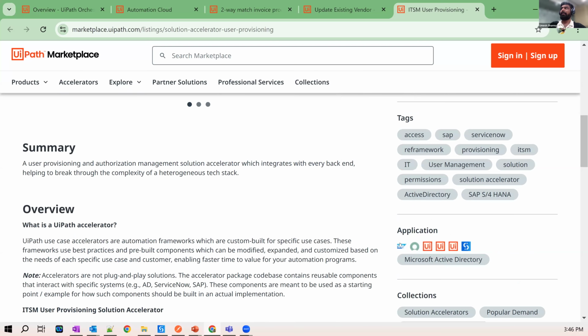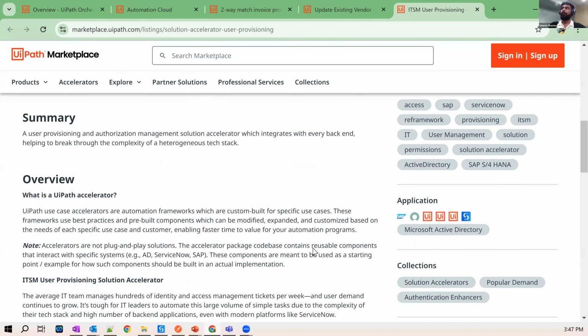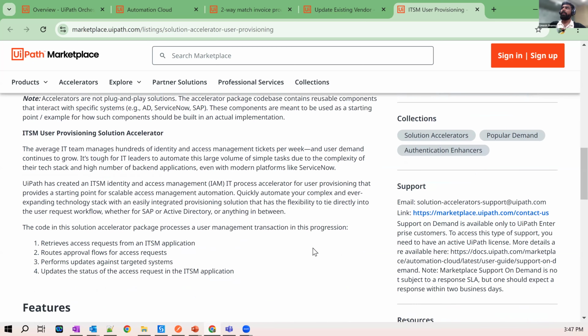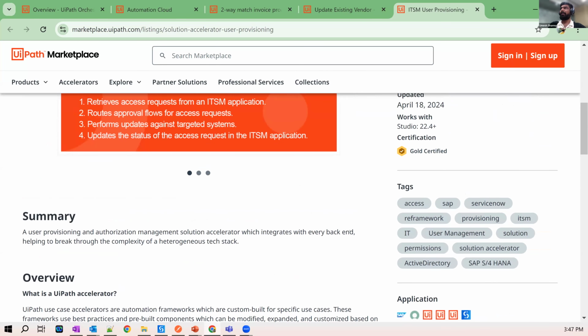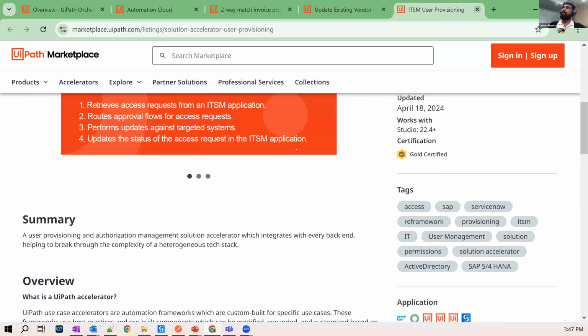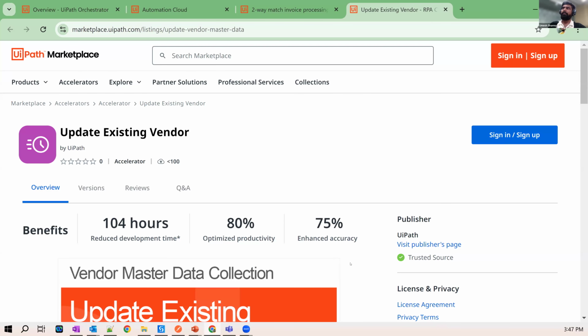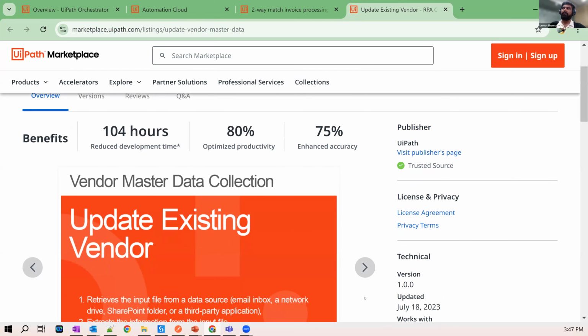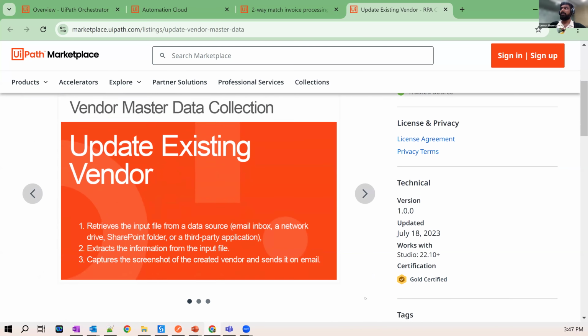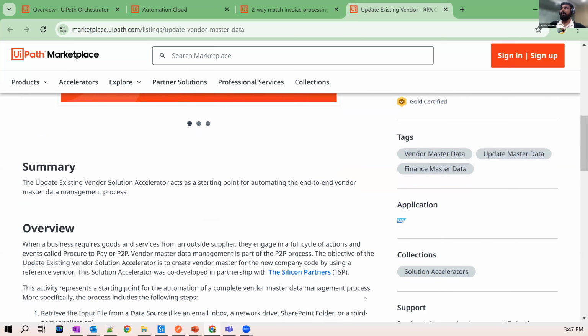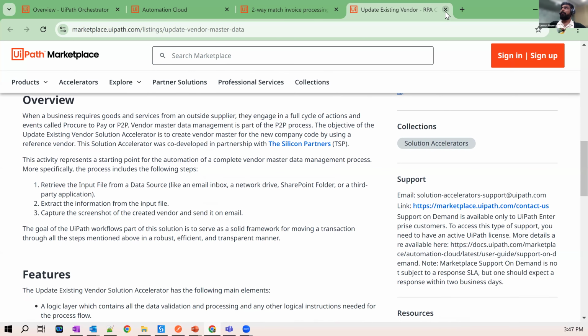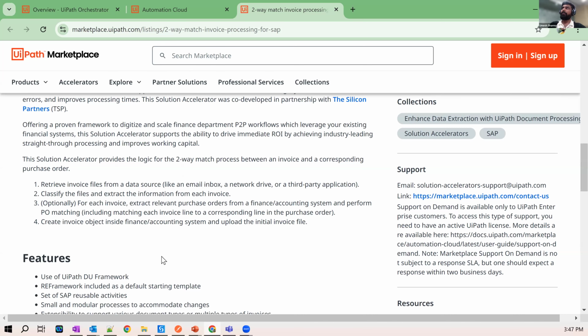These are all SAP specific. As you can see, the SAP application is mentioned over here, and the other applications which this solution accelerator is interacting with, right? And these are very specific or general use cases which most of the organizations do have, right, around finance or P2P processes. And we will be covering update existing vendor. We will also have a demo run for this one. We'll implement this, and